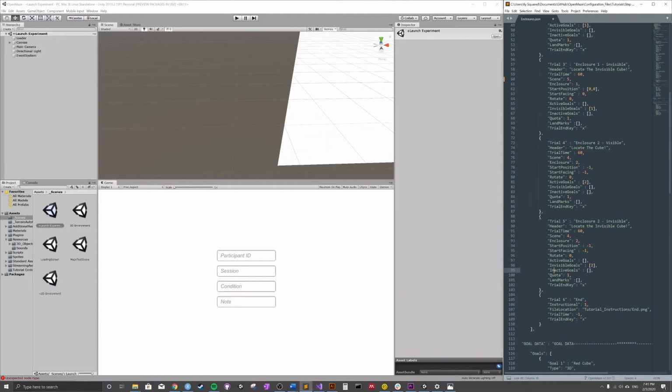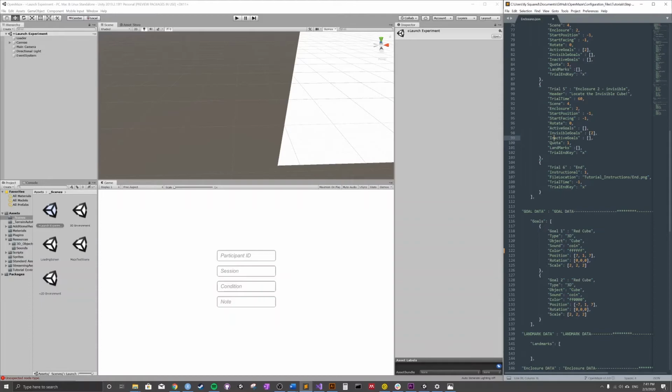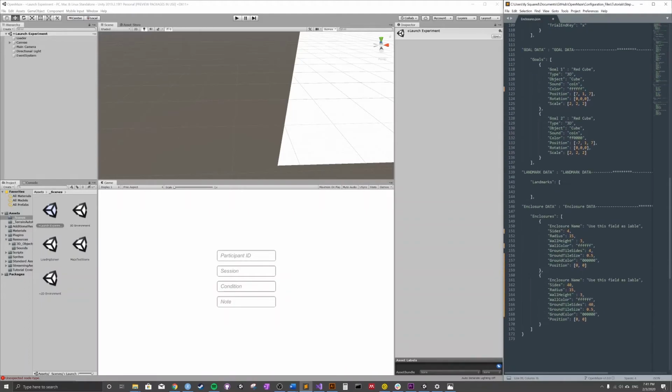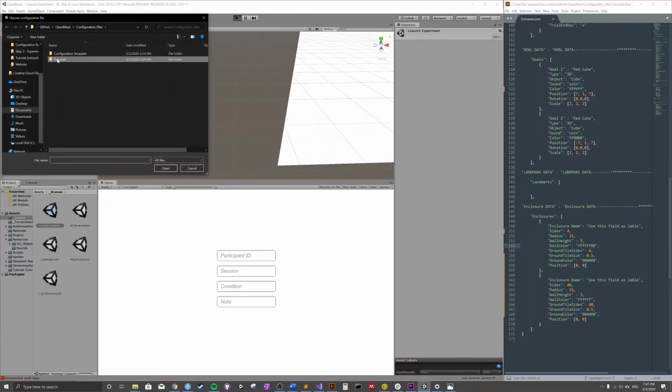Okay, and the last thing I want to show you is you can also use invisible enclosures to restrict your participants' movement to a specific part of your environment. And you can do that by going down to the enclosure, and instead of setting wall height to white, we're going to set it to transparent. And you can just do that by adding 2 zeros to the end, so 6 Fs and 2 zeros. And then we'll save that. And you'll see that when we launch our experiment configuration file again,